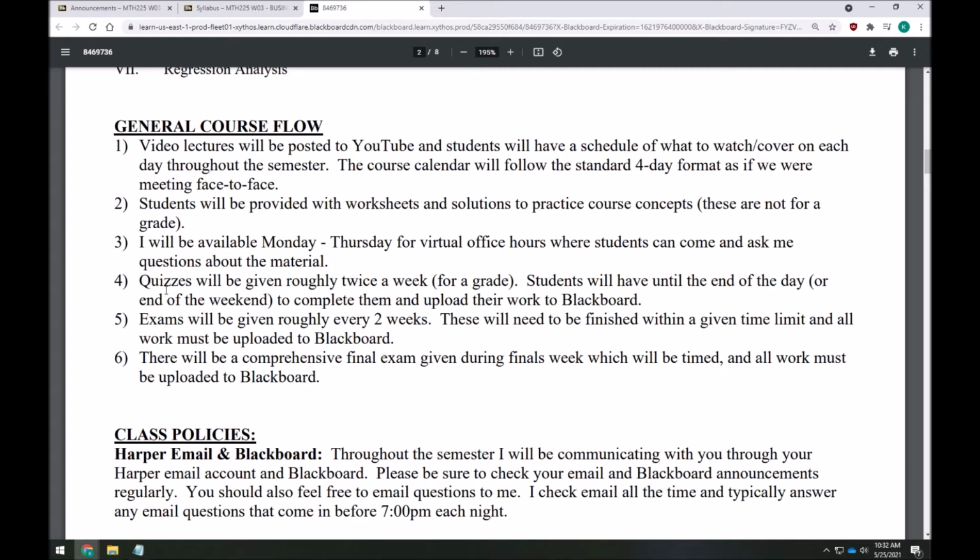You'll have about a 90-minute window to finish exams and get them uploaded to Blackboard. And then at the end of the semester, there will be a comprehensive final covering everything we've done throughout the whole semester. So this is kind of the general outline of what's going on. The most important of those concepts are, again, there are video lectures and it's important to stay on pace, but there's also lots of practice to be done in this class, and it's important to stay on pace with that